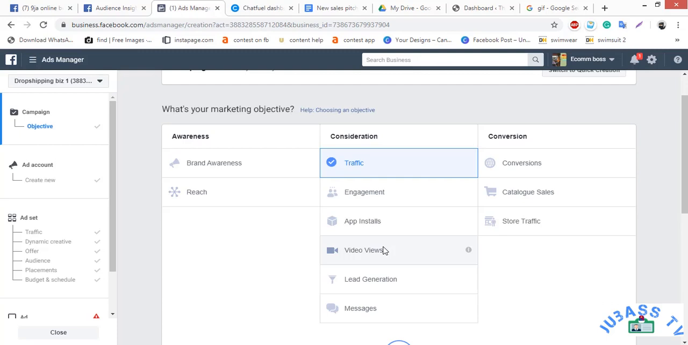Same thing with video views. Facebook will send it to those people that have enough data and have enough time to watch videos. Now, those ones might not be ready to make a purchase. They might not really show interest in buying, but they are showing interest in your product. Video views is kind of like engagement, but this time around, the only data that we are getting are people